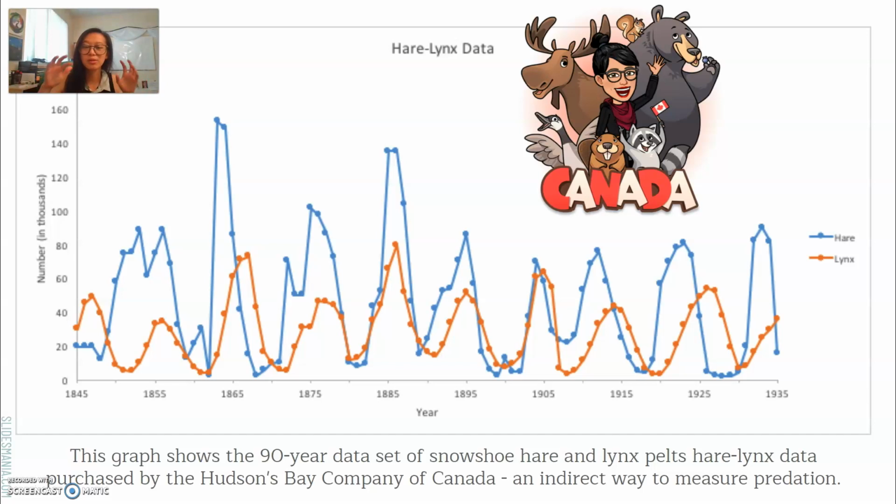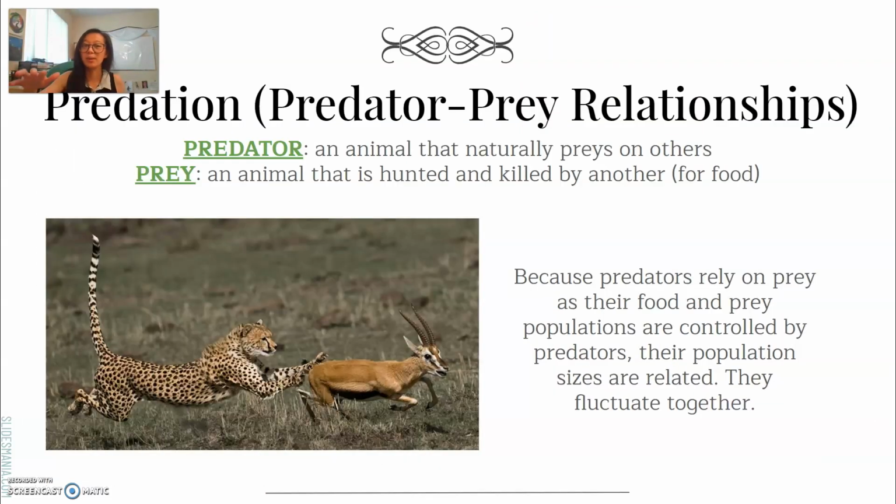So as we look through this, we can talk about predator-prey relationships. So predator is the thing that hunts, the prey is unfortunately the thing that gets killed and eaten, right? So the thing that I want you all to remember about this is that their populations are reliant on each other, right? If there's a lot of predators, the prey population is inevitably going to go down because the predators are trying to eat all of them, right?